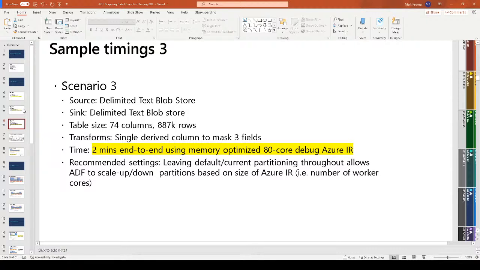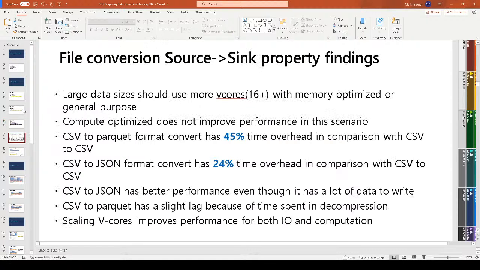My 4-minute demo that you saw was also doing aggregations in it, and it was also a cold cluster, so the hardware in the cluster had to spin up for that to work. So some key takeaways: when you're using large file sizes, large data sizes, you should use more than 16 vcores with